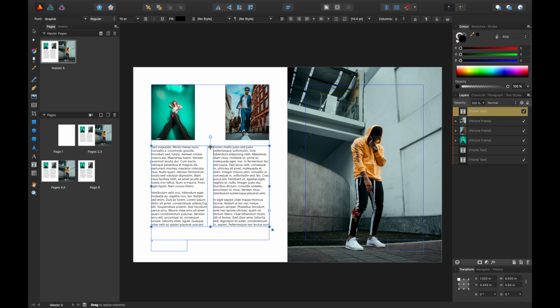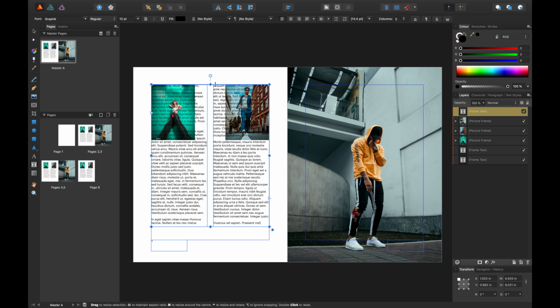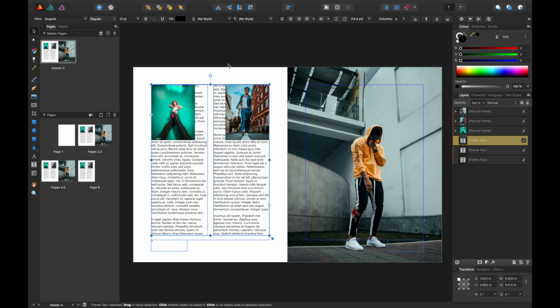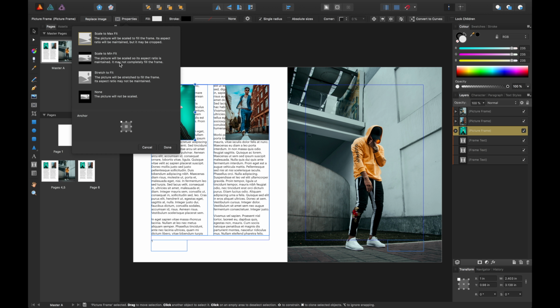And what I want to do is push this up. You'll notice the text is overlaying the photos. So we want to adjust that. So let me adjust this a bit. Okay, so with that done, I'm going to move the text to the back of this layer by dragging it down, and we can adjust the properties of the image